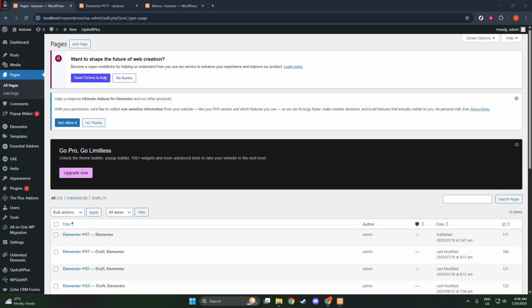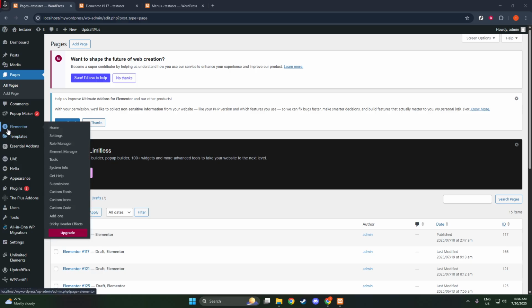First things first, you'll want to navigate to your WordPress dashboard. Once you're logged in and ready, look over to your sidebar and locate the section labeled Elementor. Go ahead and click on that, and from the drop-down menu, you'll see the option for Tools. Click on Tools to open up a range of settings and configurations that Elementor offers for fine-tuning your website building